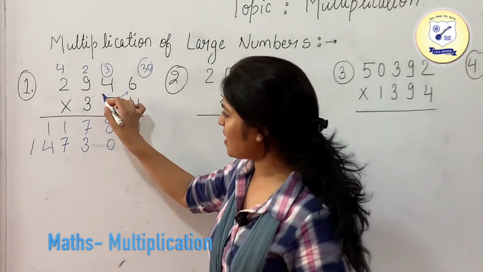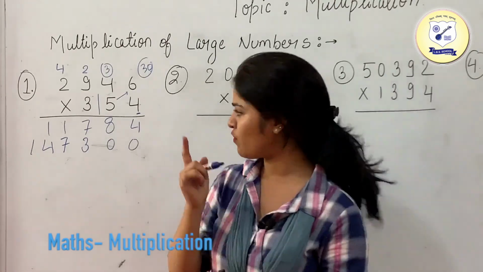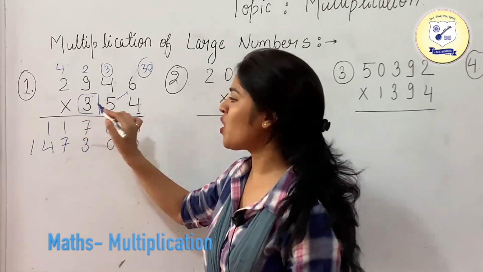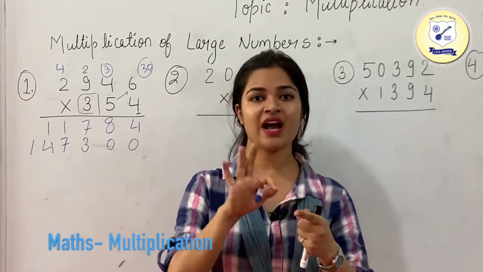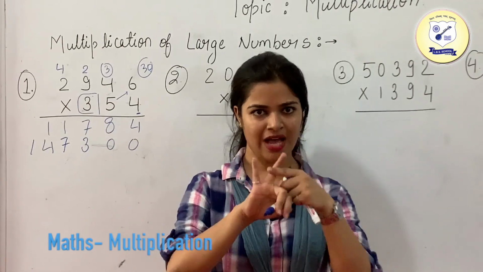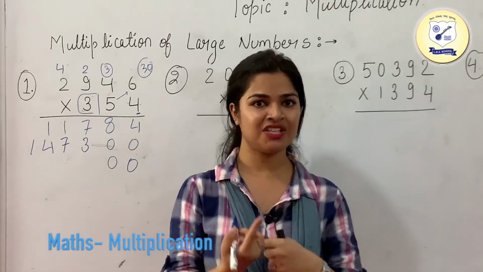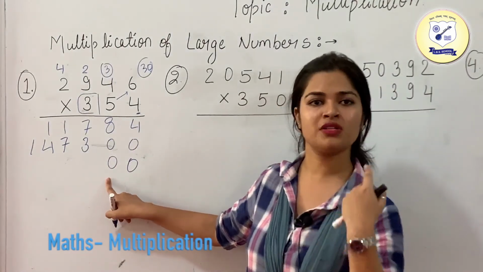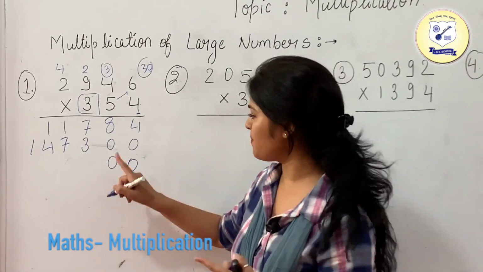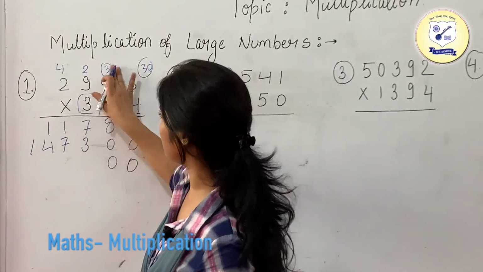Now since we were done up to the 2-digit number, now we are going to multiply the third number also. For that, since this belongs to your hundreds place value and its place value is 100, in 100 we are having two zeros. For that, what we are going to do is just put 2 zeros. This is the additional thing we need to do. Okay, just put the 2 zeros before starting the multiplication of the third number. Okay, so now since I have kept the 2 zeros, now start multiplying this number.